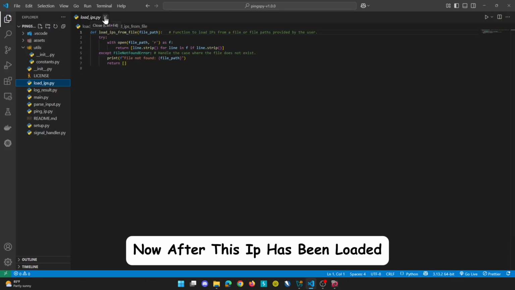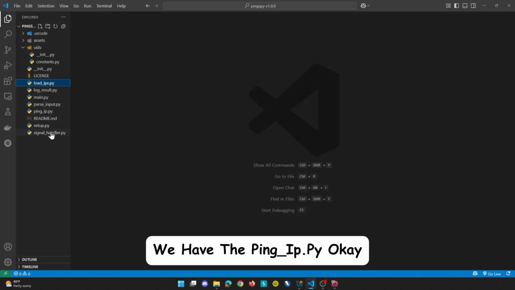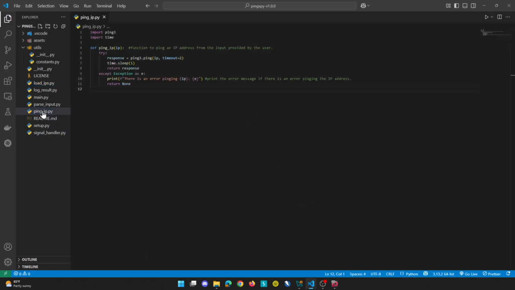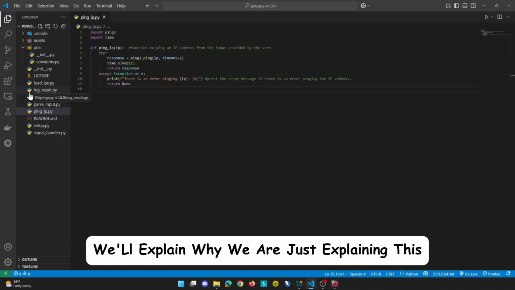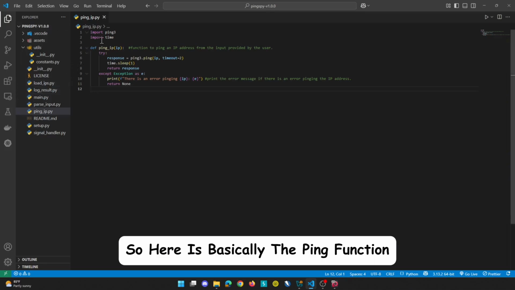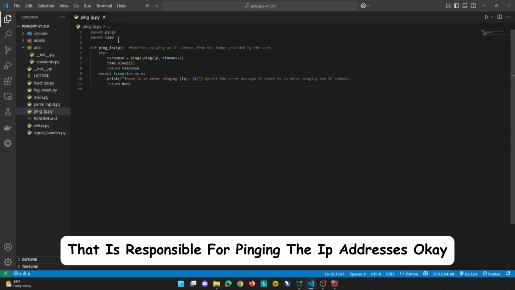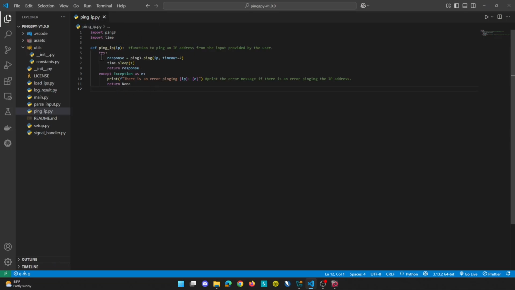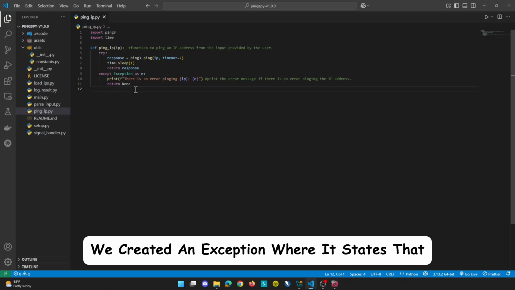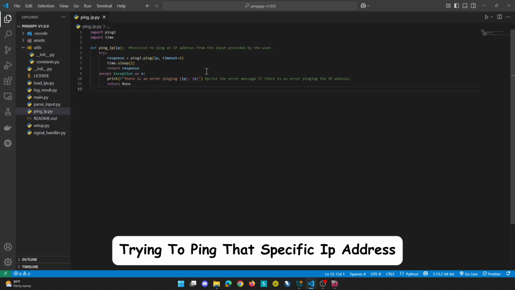Now after this IP has been loaded, we have the pingip.py. Although this is not the order, we'll explain why we are just explaining this. So here it's basically the ping function, or the ping file, that is responsible for pinging the IP addresses, okay? And of course, we created an exception where it states that there's an error trying to ping that specific IP